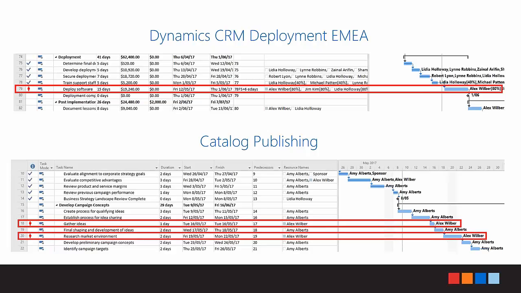He was over allocated on the 16th and the 19th. And what we can see here is I have two different project plans open. In the top plan, you can see that he's already planning on working the 12th of the 5th to the 1st of the 6th. Then in the bottom plan, you can see that we've scheduled him for 3 days within that time, on the 16th of the 5th, the 19th of the 5th, and that goes over a weekend, so then the 22nd of the 5th. So let's have a look at what happens when Lydia tries to schedule Alex in the catalog publishing